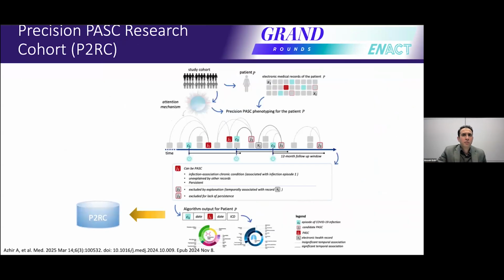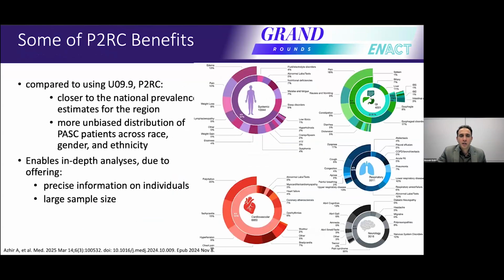What happens is that at the end of this step, we can actually map back what is the actual ICD code for this long COVID. And when you have the ICD codes, then what we did is that we basically mapped them to body organs, and then to different groupings of body organs. And you see some of them here, like how many of them were systemic, and in systemic, what is the distribution of all these problems that we have.